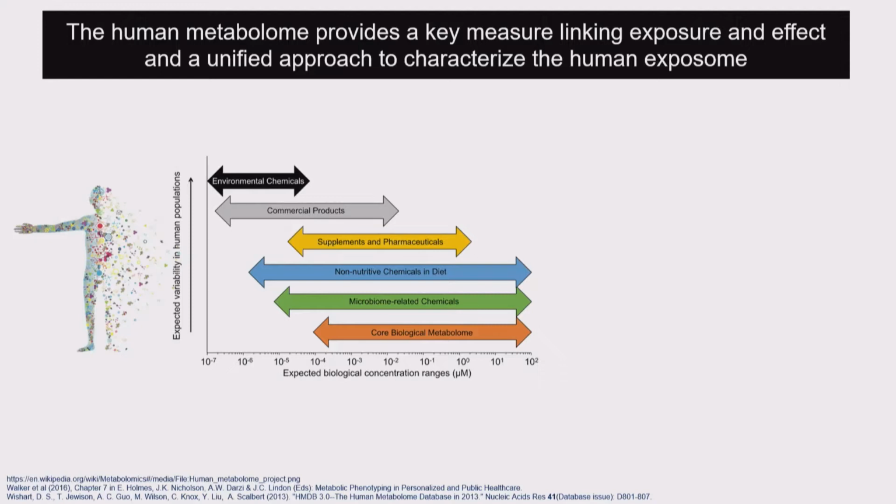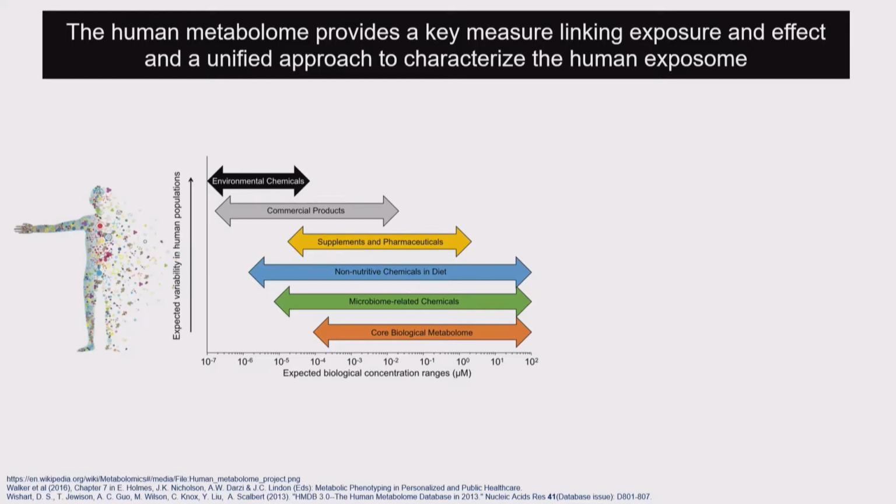And so the approach we've used is through development of methods originally created for characterizing the human metabolome as a unified approach for characterizing the exposome. So the human metabolome consists of all small molecular weight molecules present in a biological system. These include the endogenous metabolites that are critical for proper functioning of life and our biochemical processes, as well as chemicals that are arising from outside of your body. These include things like environmental pollutants, commercial products, and supplements and pharmaceuticals, and drugs.